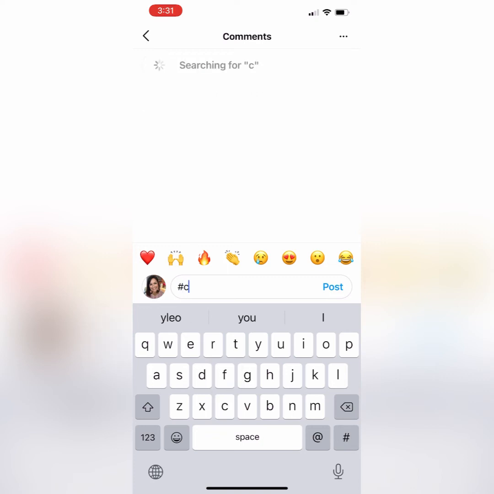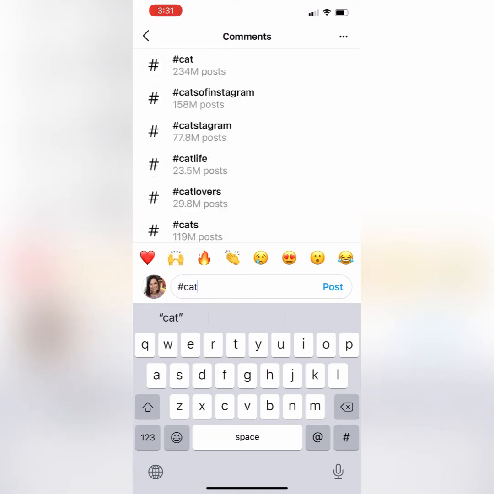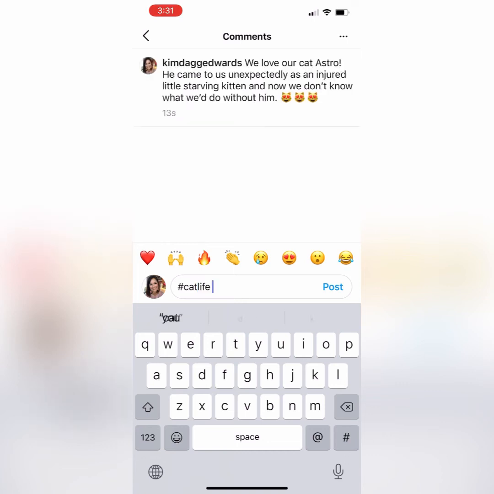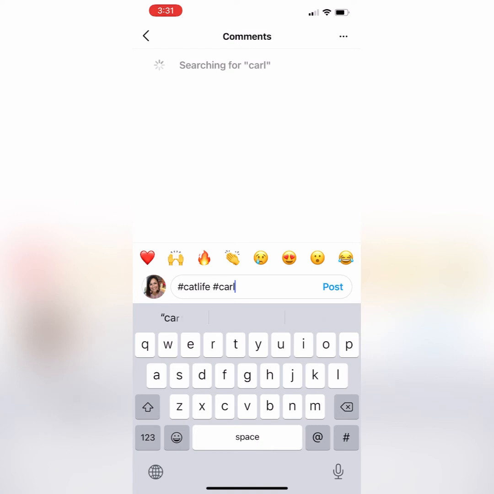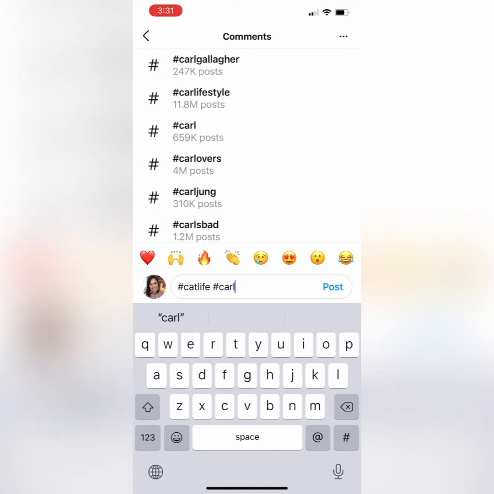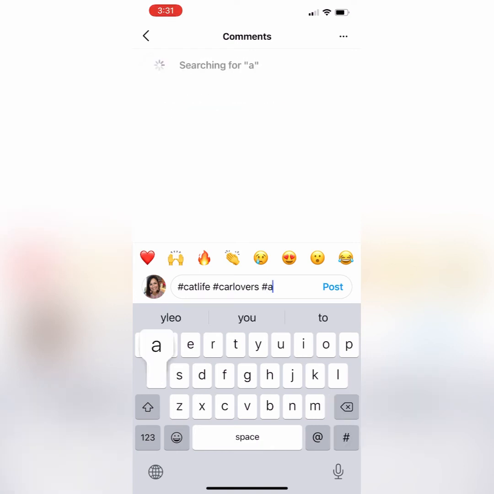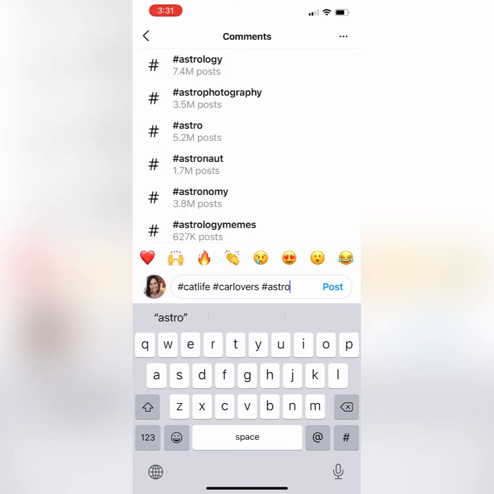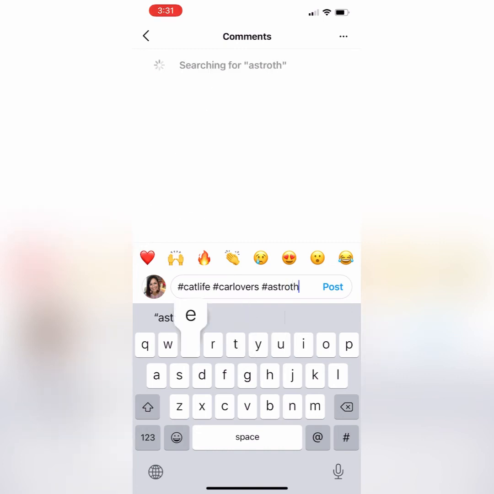To type some hashtags. Now, I didn't spend any time doing these cat hashtags. If it was something more in my niche, I would research the hashtags and make sure that they were all within the criteria that I wanted them to be. But instead, I just tried to get creative with them and look for some that were close to what I like